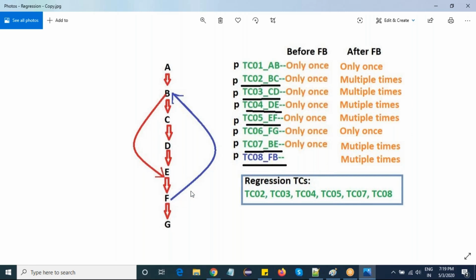So whenever new code is added, a new change happens, or a new requirement is added, like creating a flow from F to B, there is an impact on other components in this normal flow. Without this code, it is unidirectional, right? Whenever the user comes from A to B, he can't again navigate from A to B. There is only a single route. There is no double route, right?